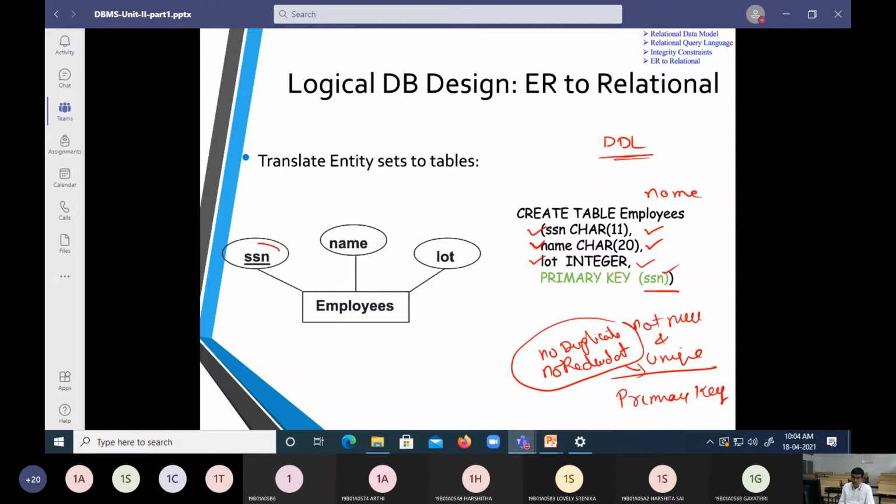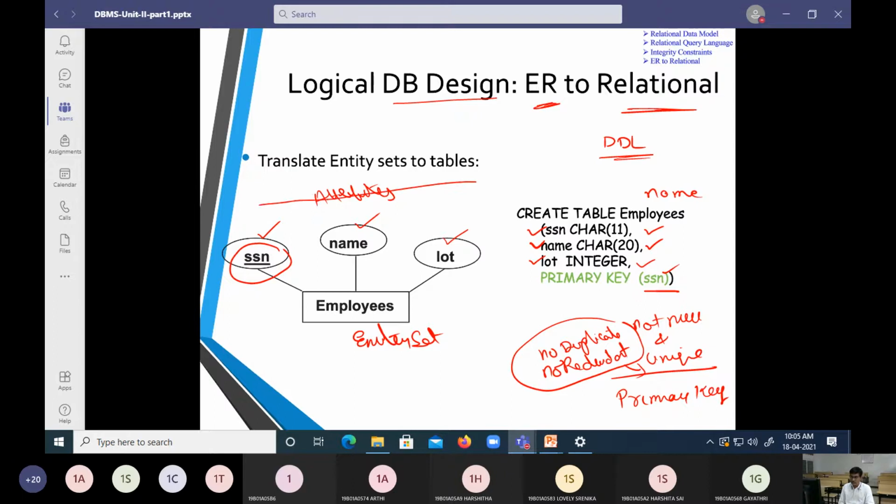So as we are mentioning it as a primary key, we show SSN underlined, then name and LOT. These items we are going to call attributes, and employees we are going to call the entity set. So this is relating a database design, that is from ER model to relational model.